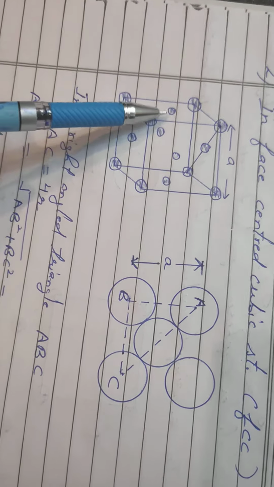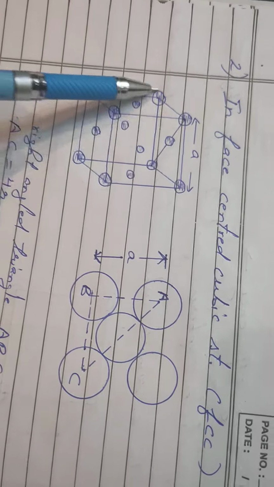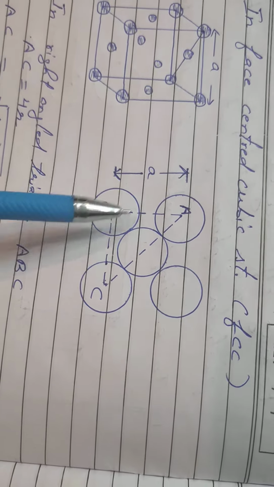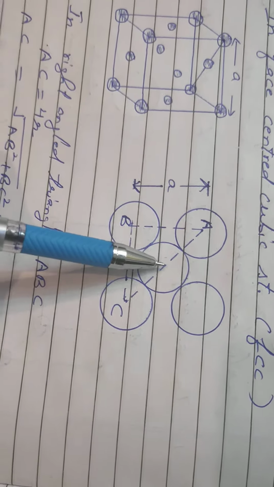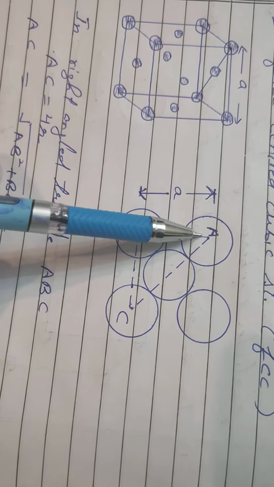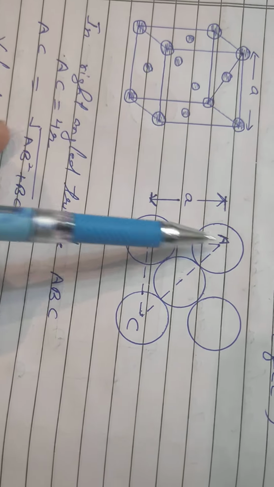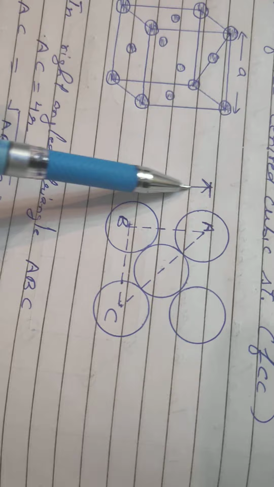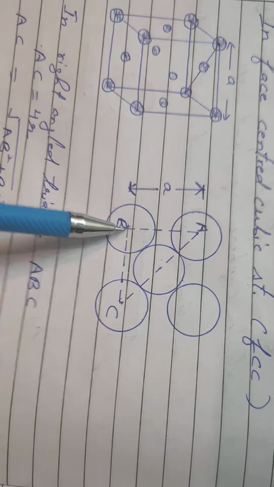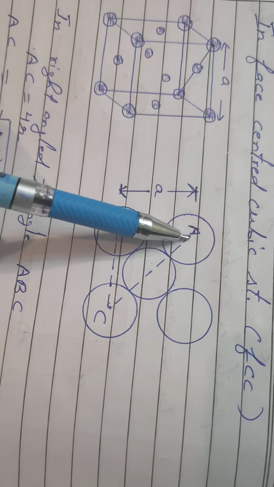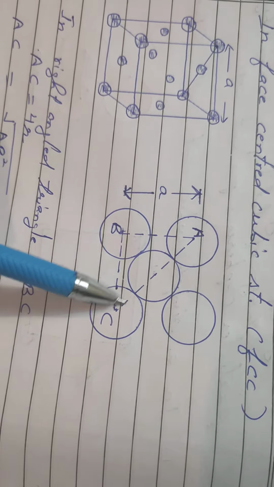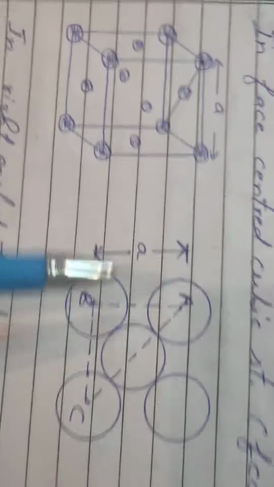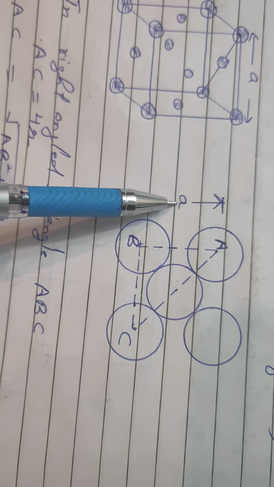Okay, so now you can draw the top view of this unit cell to show the close packing here. Okay, this is the face center that will make a little bit distance between these two spheres. Okay, now this is edge length A. Now AC will be equal to, radius is R, this is 2R, this is R, so total it will be 4R. So you have to calculate A firstly, edge length.